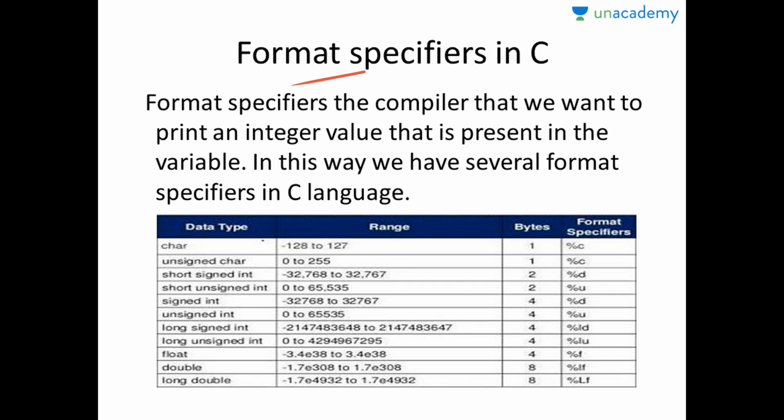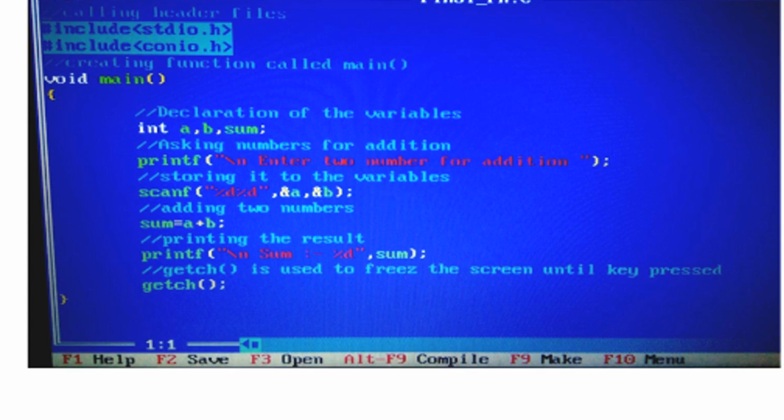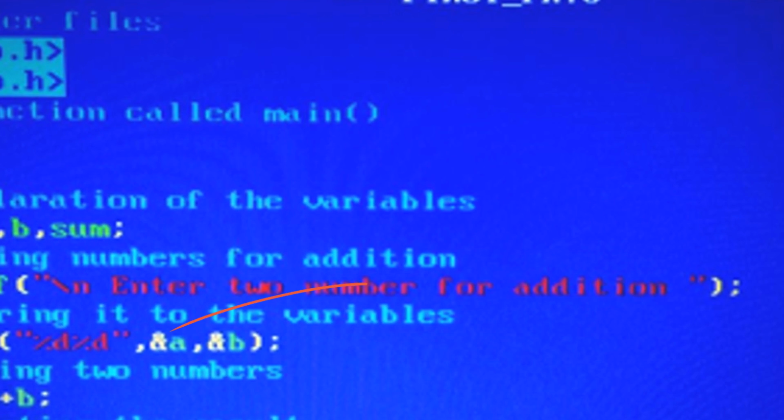For that I used %d. If you recall that program, I was having an integer value, so I used %d.